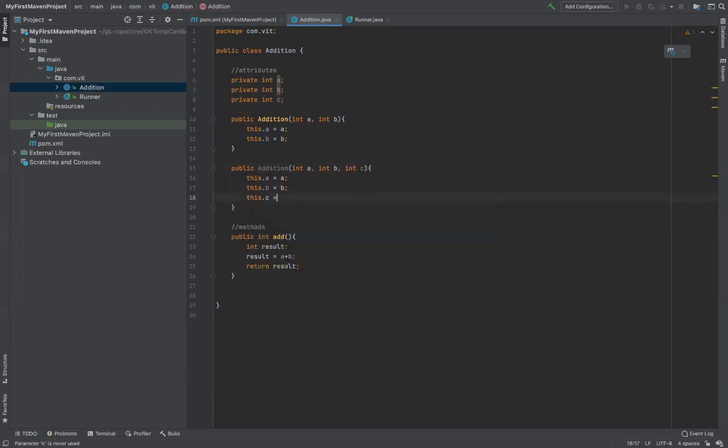This dot c is equal to c. Okay. Now the thing is,